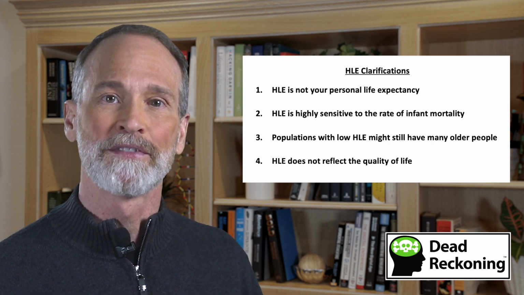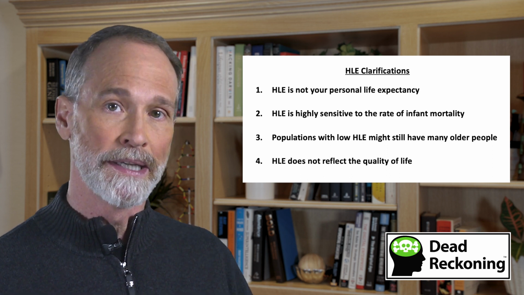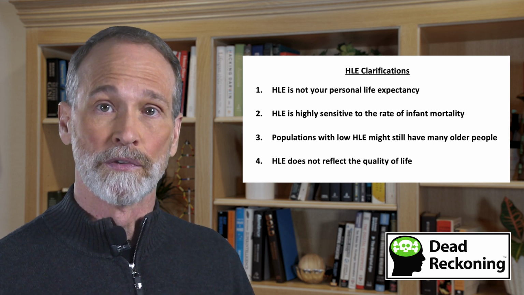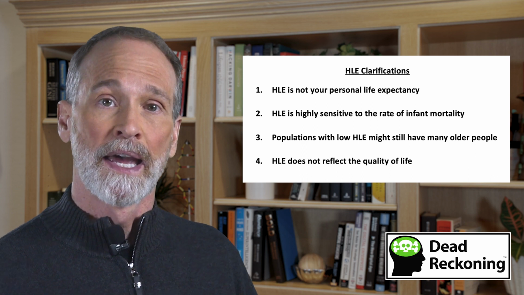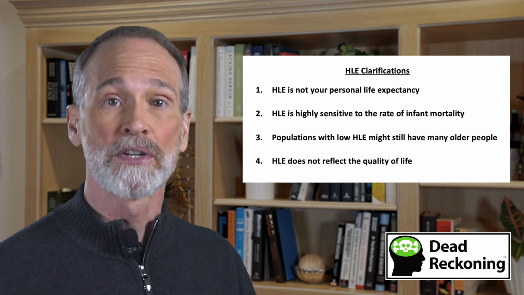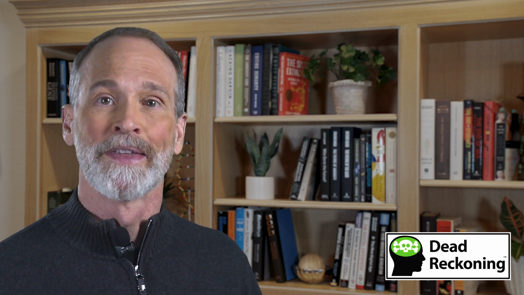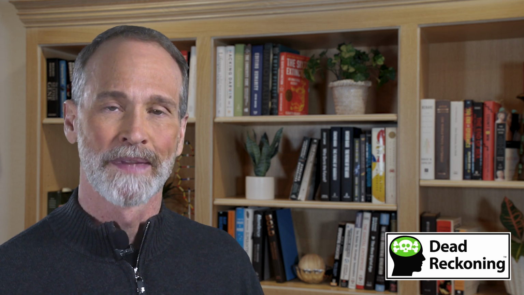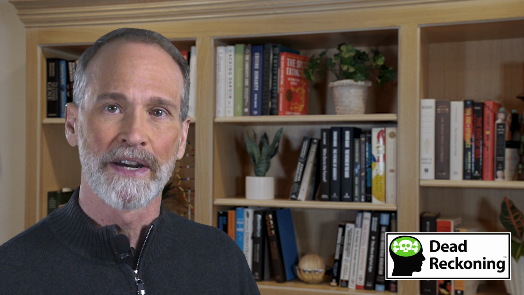While health span and lifespan are highly correlated, concerns remain that we might live longer in ill health. To account for this, there are other metrics that are used, including health span, quality-adjusted life years, health-adjusted life years, and disability-adjusted life years. So, with all those points out of the way, let's now solve the mystery of how we doubled HLE. Since the beginning of time, our species has been in a fight against nature for survival.